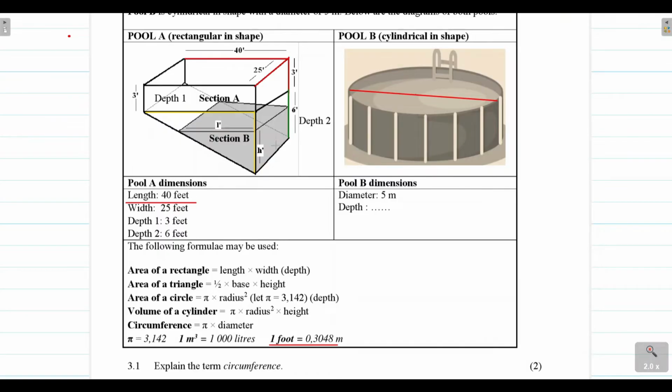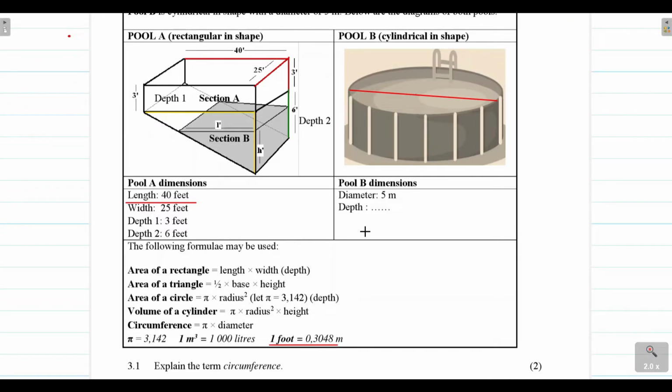But just for interest's sake, let me quickly show you how they calculated the volume of section A. They took the area of section A multiplied by the depth. So they took the 40, your length, multiplied by your width of 25, multiplied by the depth of 3. However, you have to first convert the 40 feet, the 25 feet and the 3 feet into meters. And then from there, that's how they got their volume of